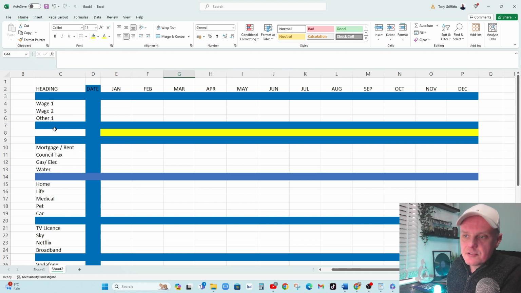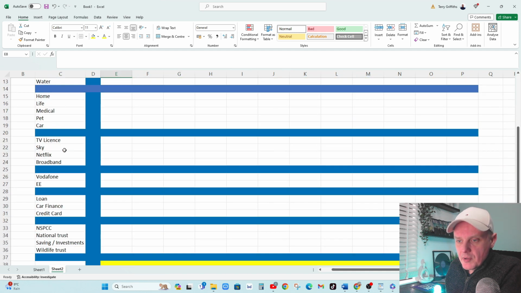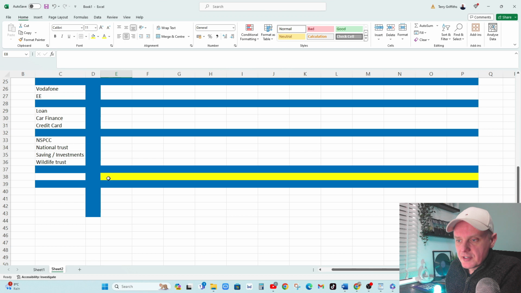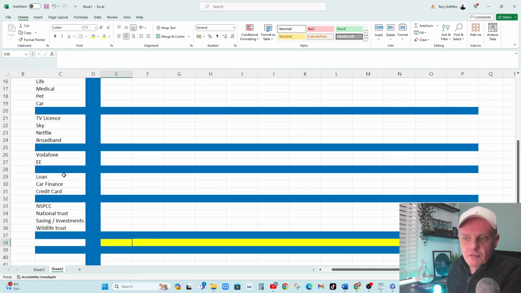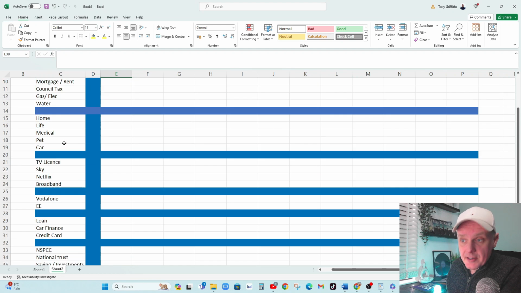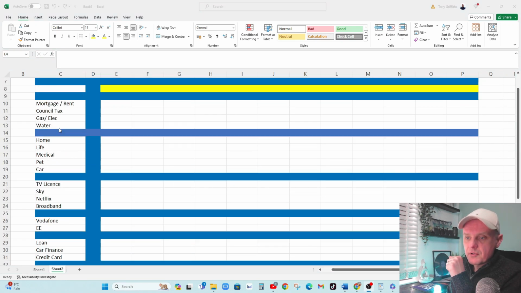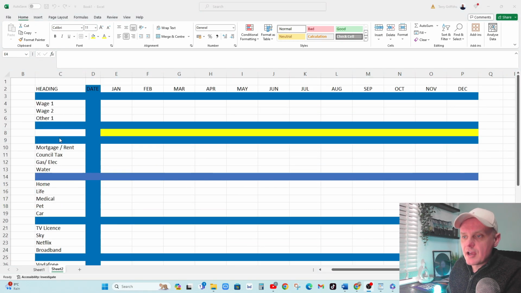I've got my wages that's going to come in, and I'm going to give myself a total in this box. I've got all my outgoings, which I'm going to put a total in this box. Okay, so this is everything I've got regularly coming out of my bank account. So we've got our basics on here. That's everything that's outgoing now. So I can now start typing in